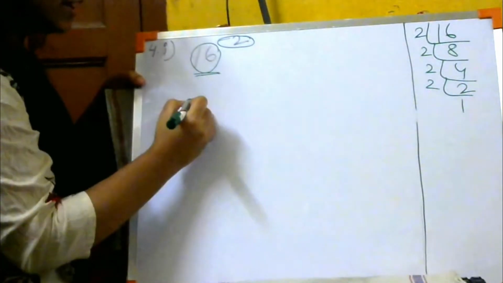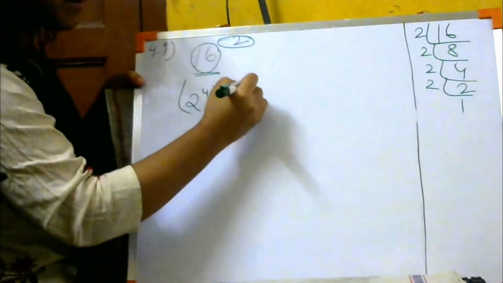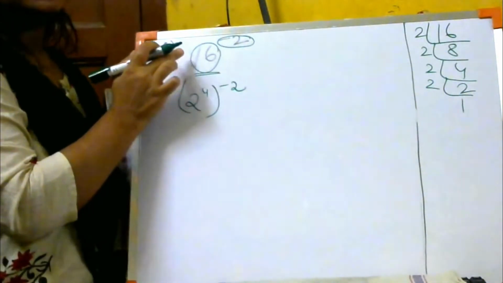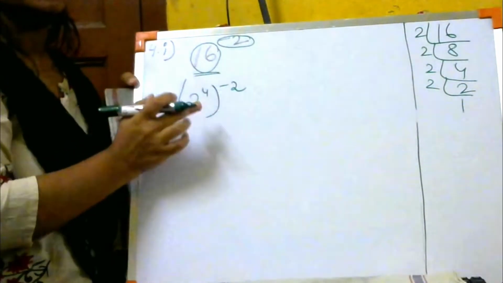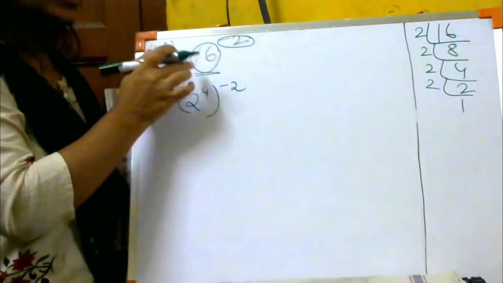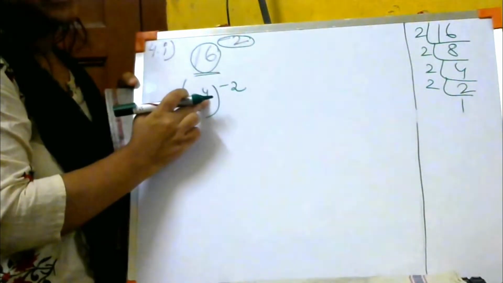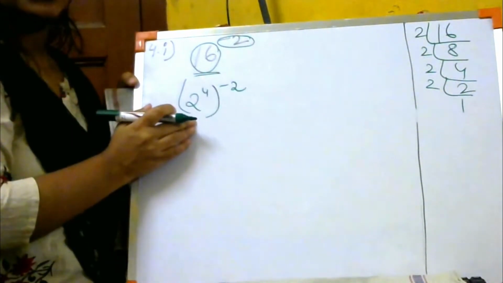So how can I write? Can't I write like this? 2 to the power 4. बाहर पे जैसे minus 2, let it be minus 2. Did you understand what I did over here? I changed 16 as 2. हमको base को 16 से 2 बनाना था. अब 2 हम सिर्फ नहीं लिख सकते है ना. I have to keep the value in the form of 16 only. It means अगर 2 को हम लोग 4 बार मल्टीप्लाई करते हैं तो 16 आंसर आएगा. That is how we have changed it into 2.